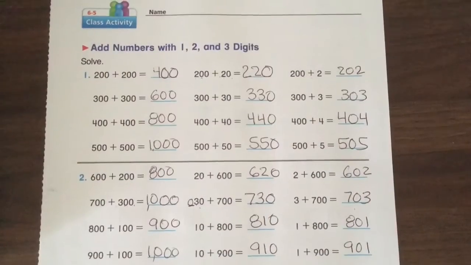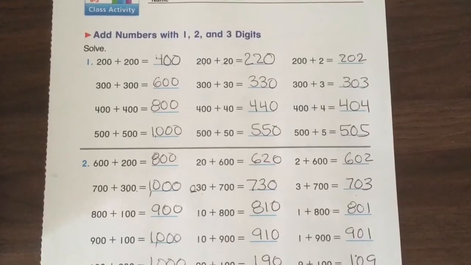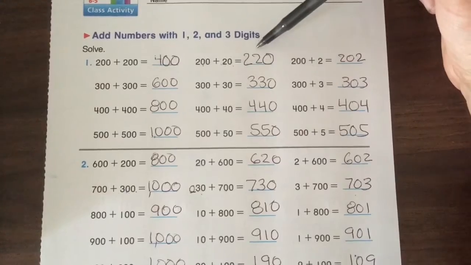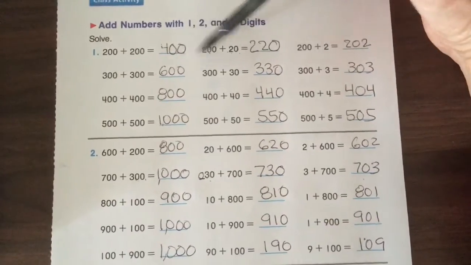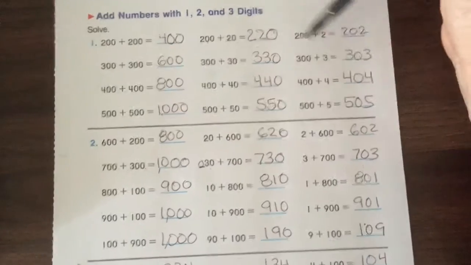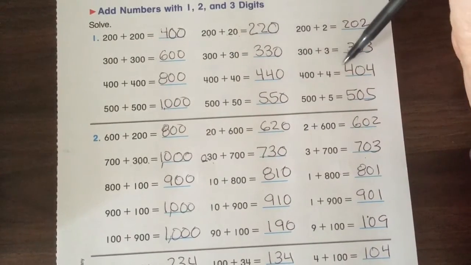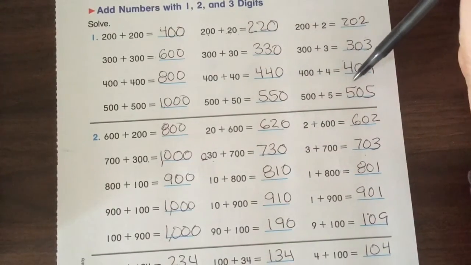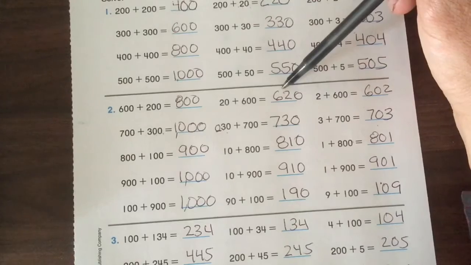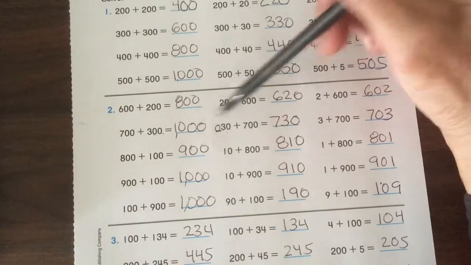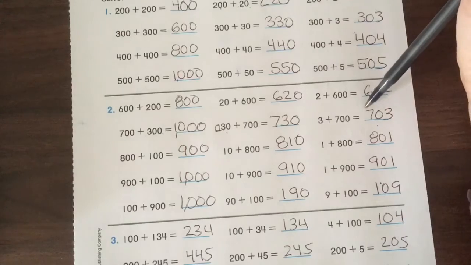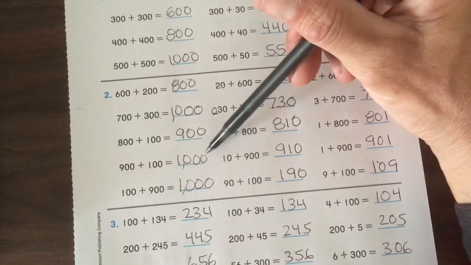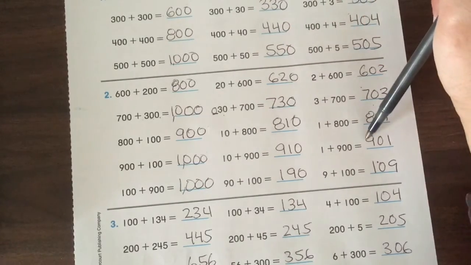Okay, here are the answers. Feel free to pause and just check them yourself, or you can listen with me. I'm just going to read across here. 400, 220, 202, 600, 330, 303, 800, 440, 404, 1,000, 550, 505, 800, 620, 602, 1,000, 730, 703, 900, 810, 801, 1,000, 910, 901,